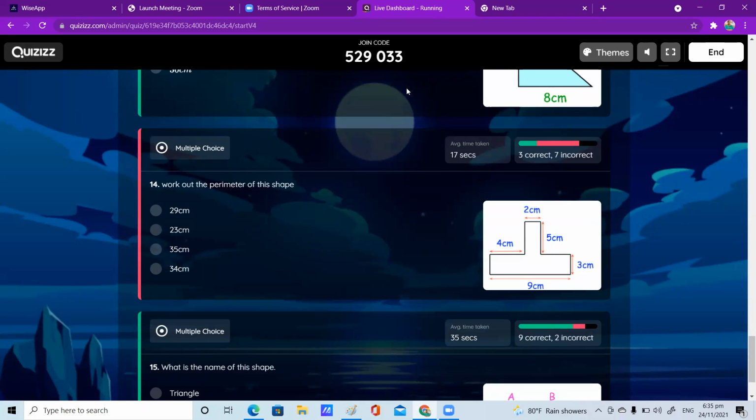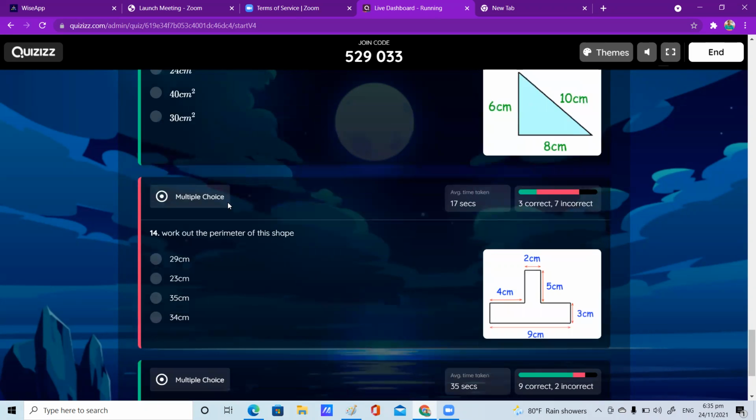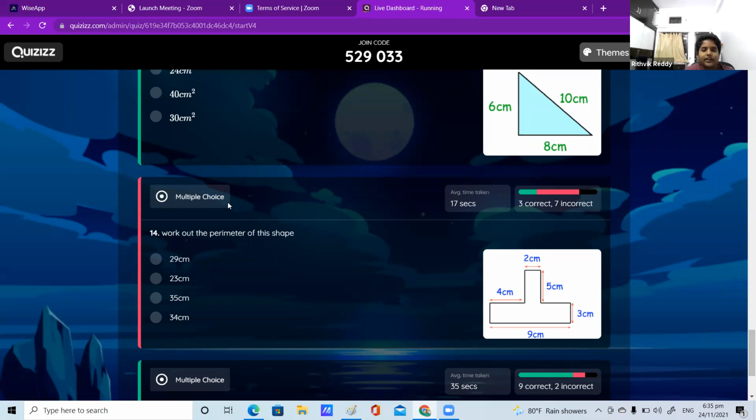Perimeter of the triangle. Ma'am, this question, I think it is a mistake. No, it is not. See, for a few sides they didn't give the length. Yeah, I counted them also. 5 plus 5 is 10, plus 9, plus 2, plus 8, plus 6 is 50. I just did the calculation and I got 23, ma'am. Correct, ma'am. Actually, I was having a power cut.